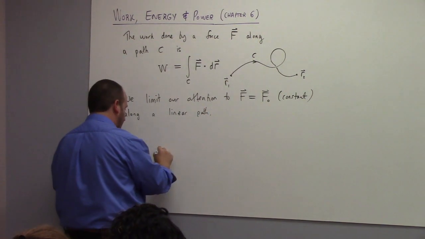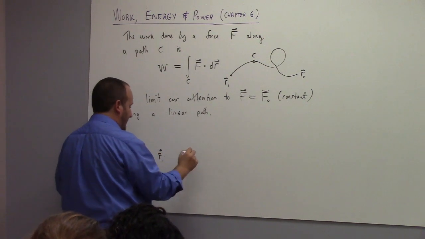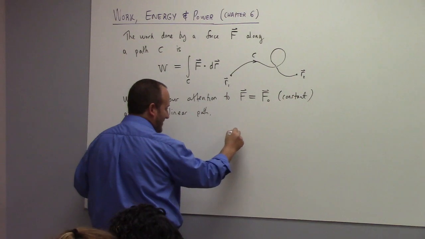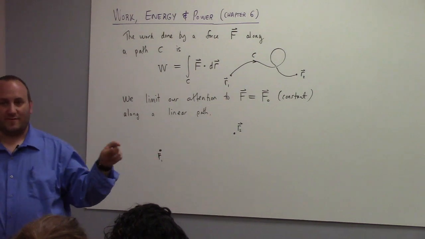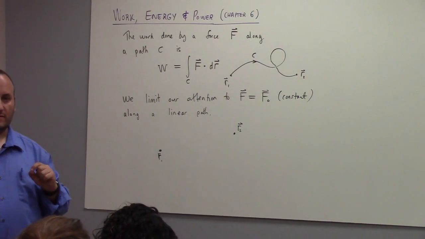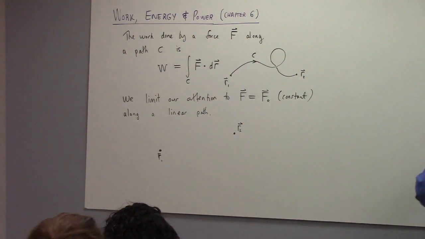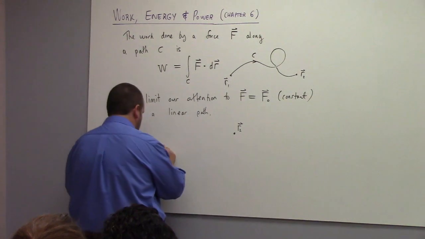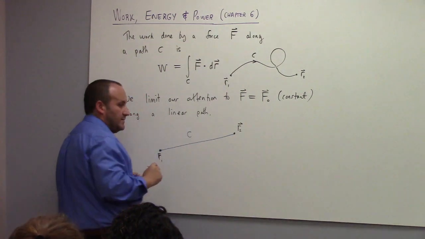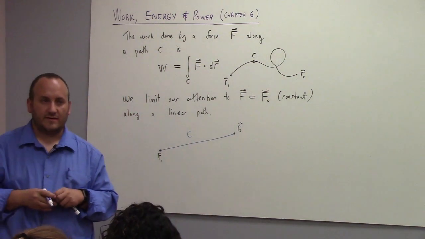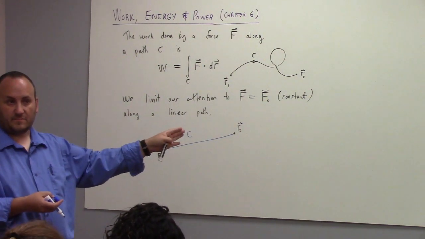So we're going to go, say, from point R1. Whoa. I am very happy that we're inside right now. You guys hear that? So we're going to go from a point R1 to a point R2, all right? And we go along a line, like this. So this is the curve that we'll study. And then the question is, what's the work done by a constant force as an object moves from point R1 to point R2?